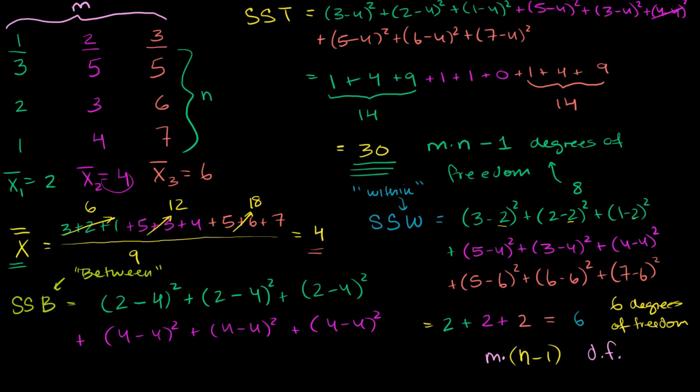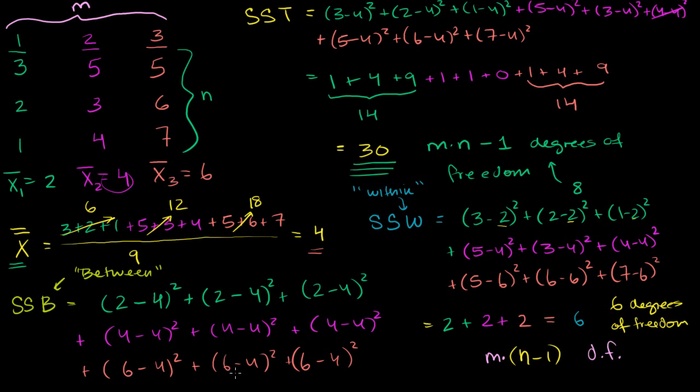And then finally, we'll do that with the last group. With the last group, sample mean is 6. So it's going to be 6 minus 4 squared plus 6 minus 4 squared plus 6 minus 4 squared. Now let's think about how many